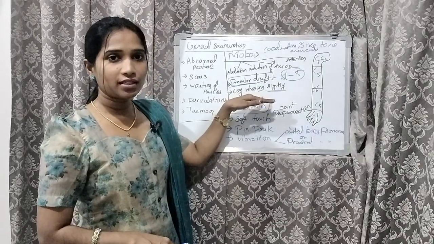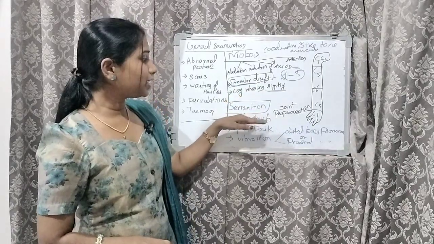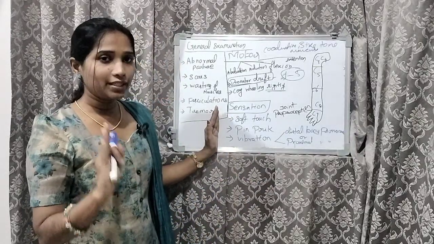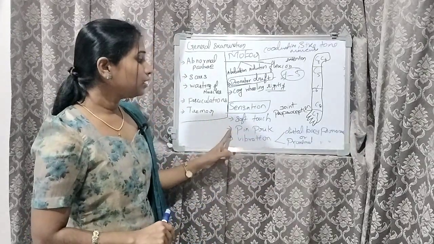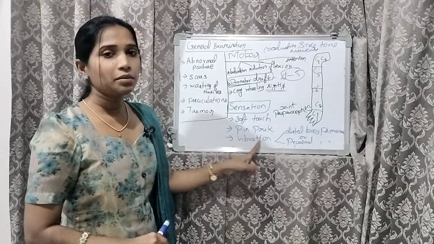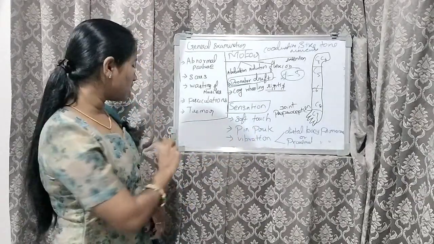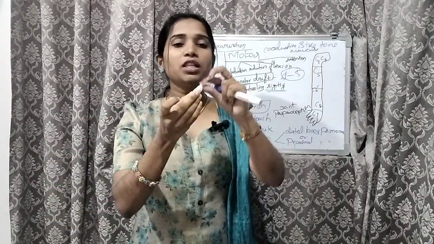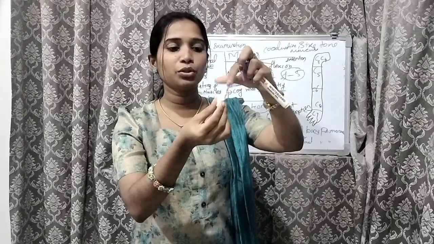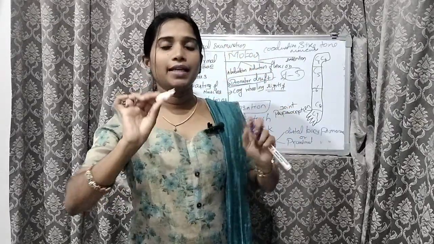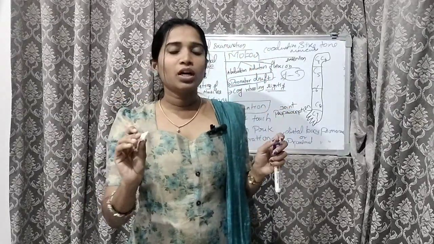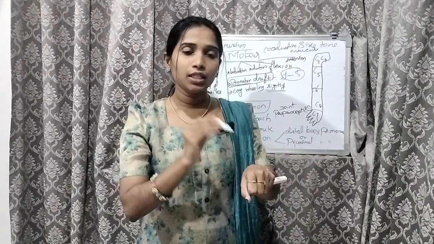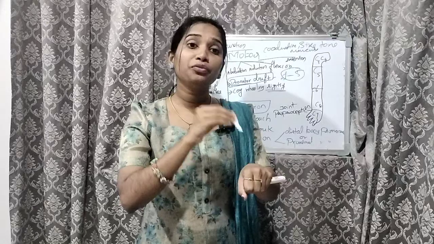See, once you have completed the motor function, then you should come to sensation. In the sensation, we have 3 different tests. One is soft touch, then pinprick, then vibration. I'll explain what soft touch is. See, take one cotton ball. The cotton ball should be made very sharp. After that, you should first touch the patient and make them feel.